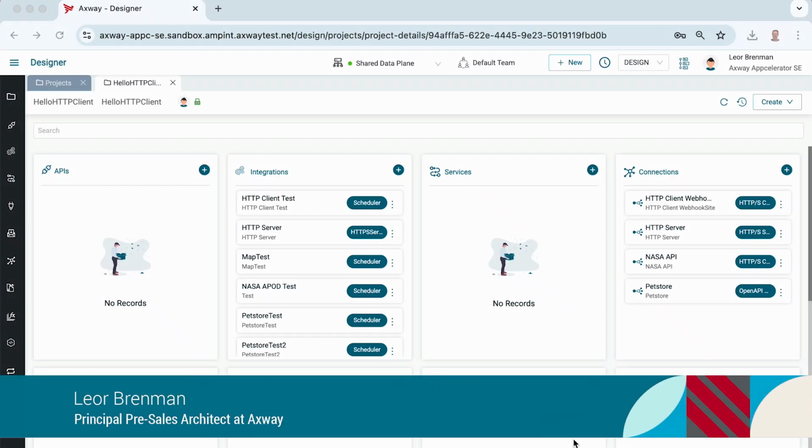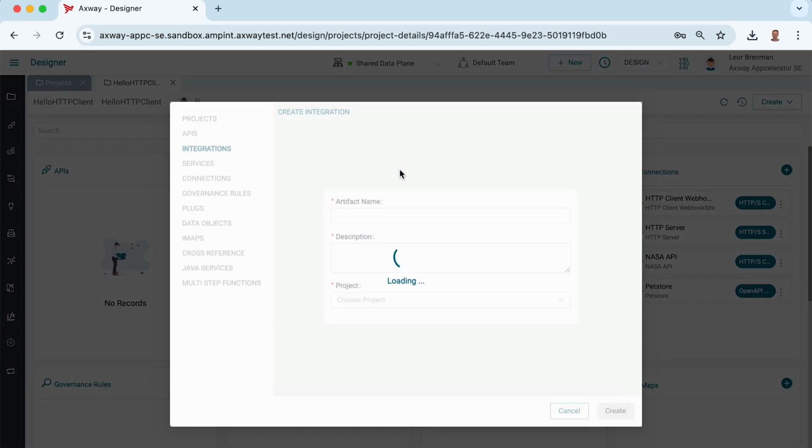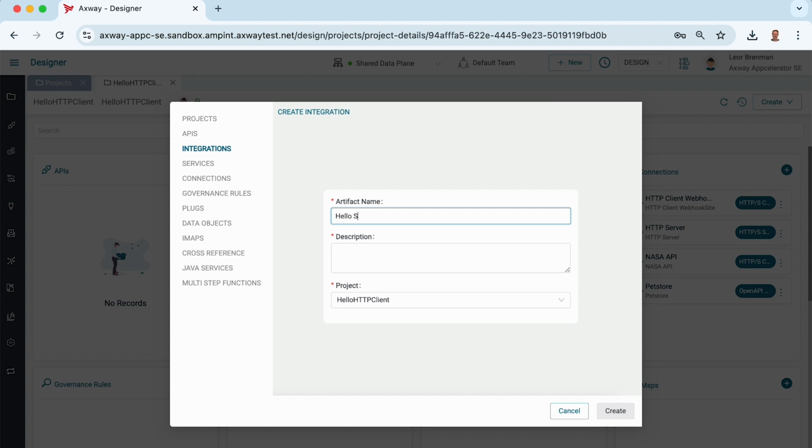Hi, in this video we'll take a look at the SFTP server connection and component that can be used to trigger an integration so the integration can act as an SFTP ingest. This will allow an external system or application to SFTP a file to trigger our integration to process it and send it onward. So let's create an integration called Hello SFTP Server,